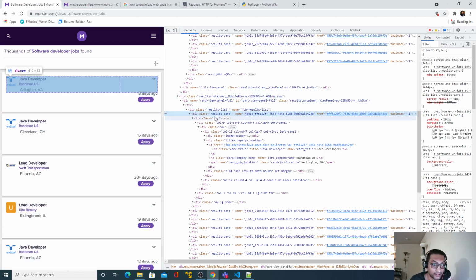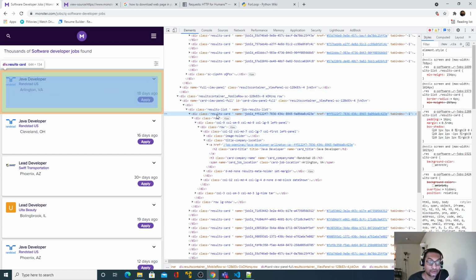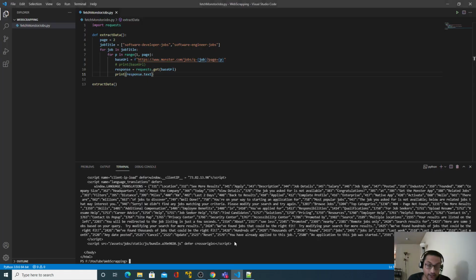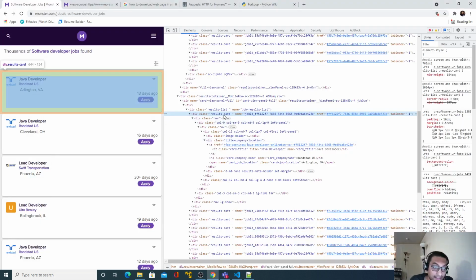All the remaining HTML tags are inside this main tag, result card. Somehow we have to extract this particular div from the information we have downloaded so far, and inside that div we'll get all those 5 attributes.